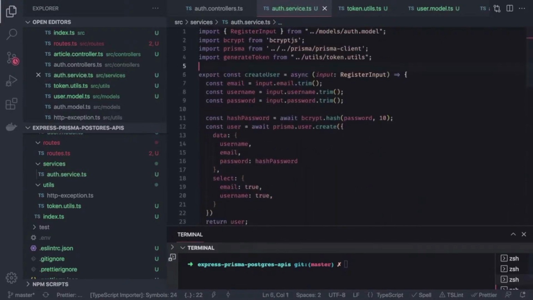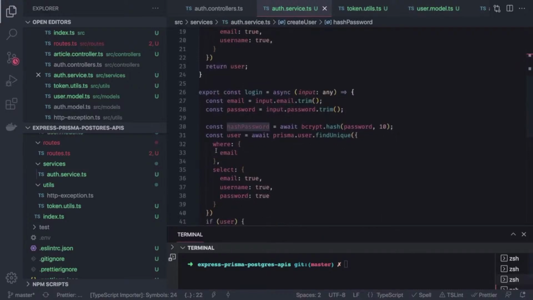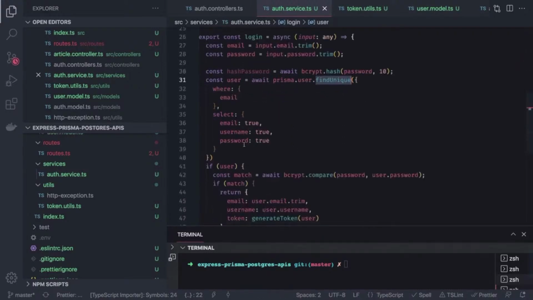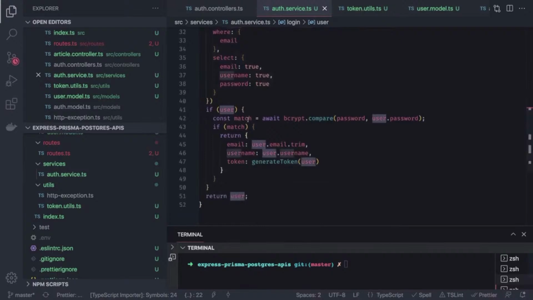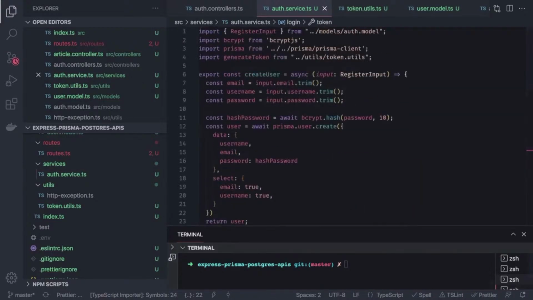So you can see what I mean. We have done this kind of code a hundred times. It's not like it's the first time you are writing an Express controller, receiving the payload from the request.body and saving into the database. It's all about how to do the same thing with Prisma. Here we are just calling the create method after generating the hash password, and here we are doing the findFirst, findUnique based on the email, and if the email is unique and a user has been received, which is not null, we will compare the password. If the password is also matched, then we will generate the token and return this payload to the user. Okay,